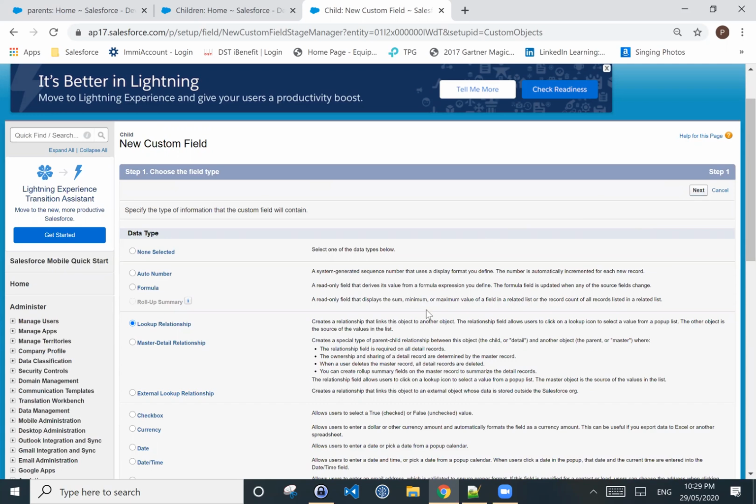Reparenting means that when you're creating the master relationship, if you check reparenting, then at any time you can change the parent of the record. But if it is not checked, then once you create the new record and click on save, after that you cannot change the parent of the record. It will be in non-editable mode, only available in read-only mode. Okay.